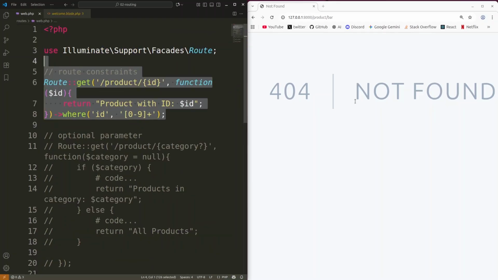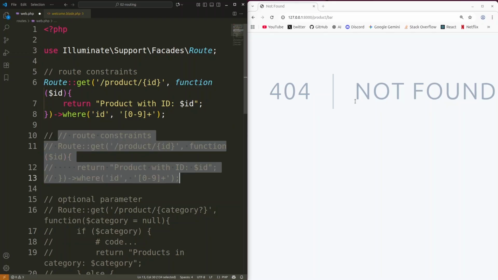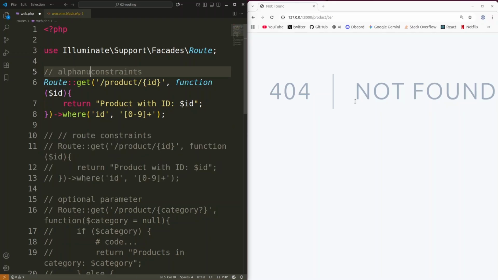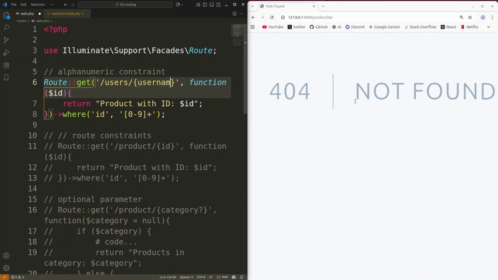Say let me copy this whole code block and let's comment this out. I'm gonna name it say alphanumeric constraint. Alright, so after that I'm gonna make some changes here. That's gonna be say users hyphen within curly braces. I'm gonna add in here username followed by anonymous function, and let's copy this text from here and paste that in here as a variable, and then I'm gonna return username, and let's copy that variable and paste that